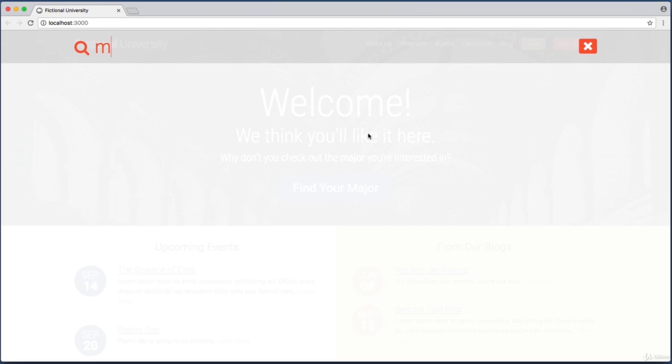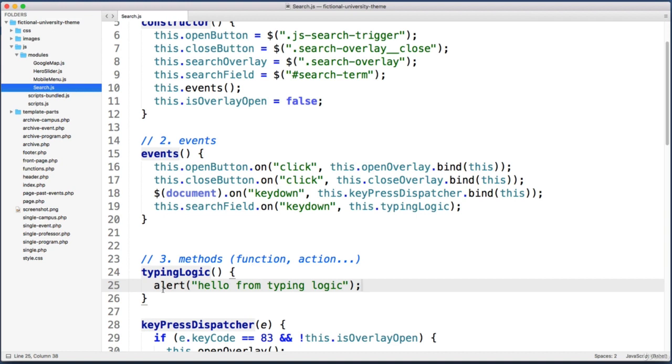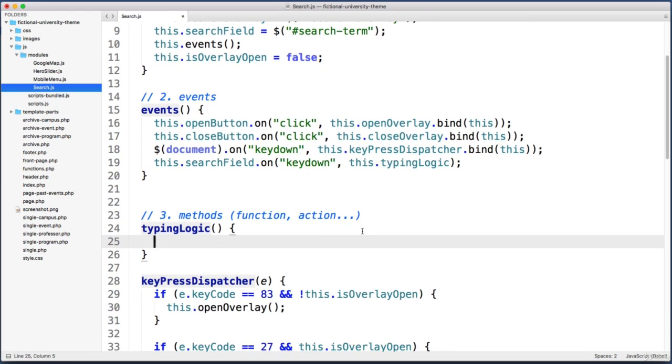Now let's learn how to manage and work with time in JavaScript. Because we don't actually want to do something the millisecond a key is pressed down on that text field. So within our typing logic method, let's delete this alert test line. And instead, I want to show you how we can wait a little while in JavaScript before doing something. So just as an extreme example, let's imagine we wanted to wait a full 2 seconds after the event happens and this method runs. So within the method, we can use something in JavaScript called